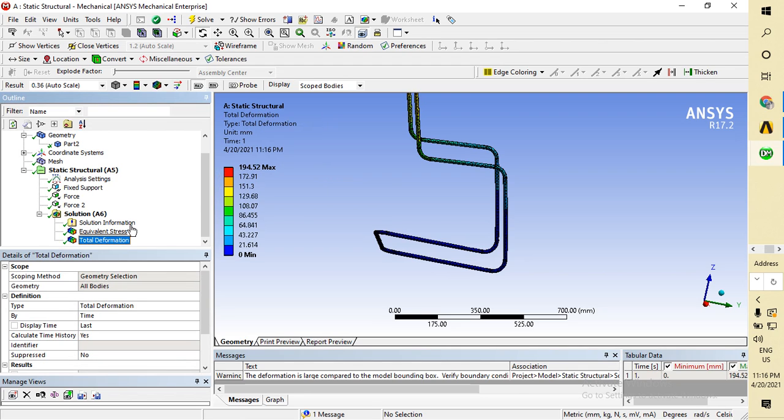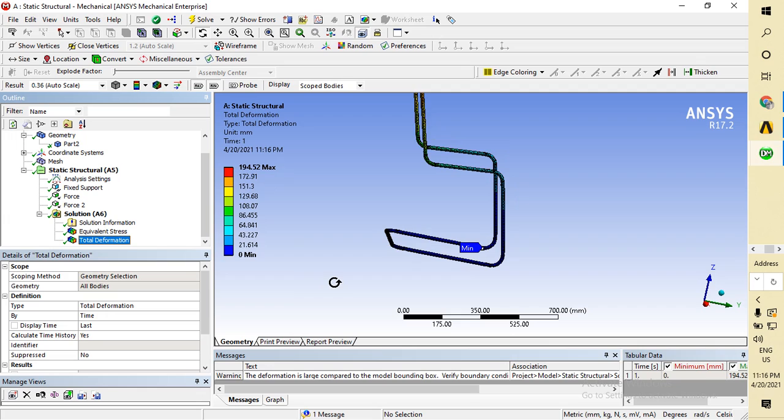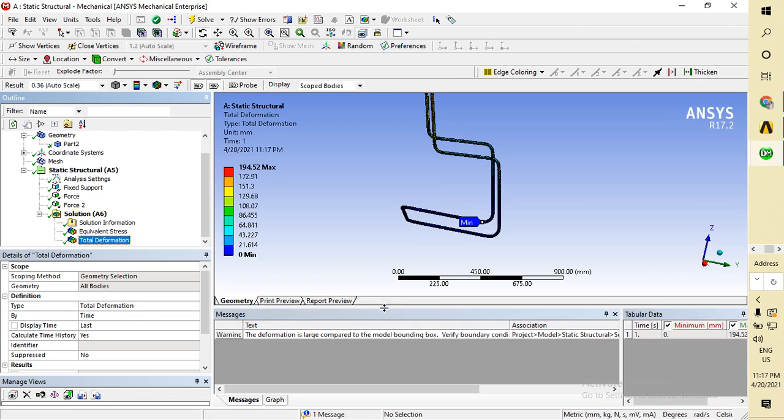So now I want to check the deformation. And it will show the deformation of 194 mm.